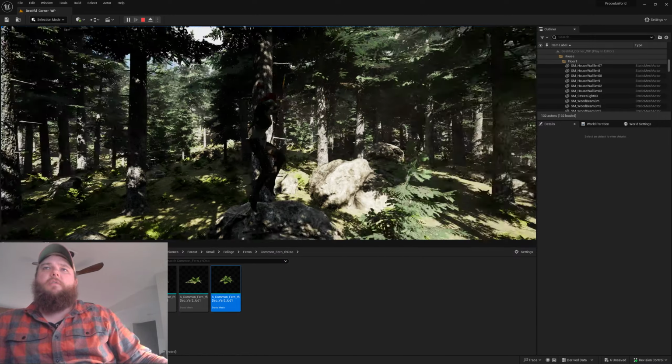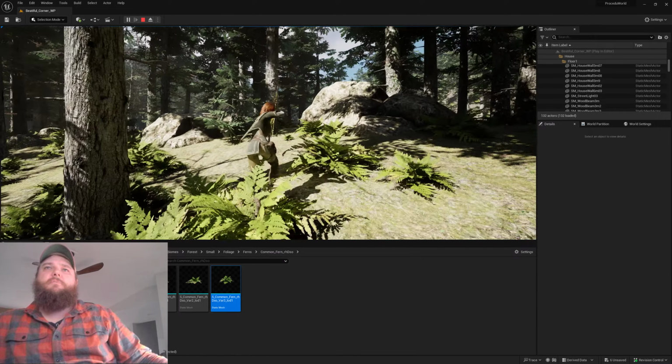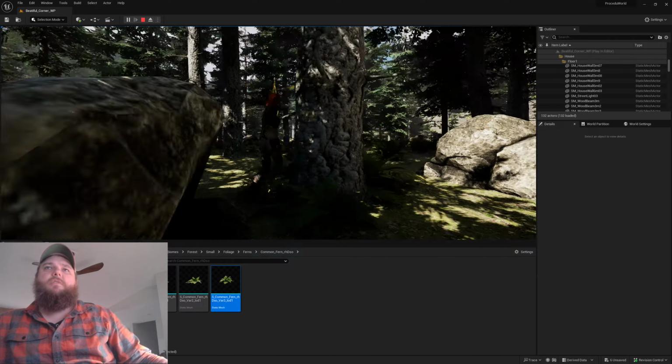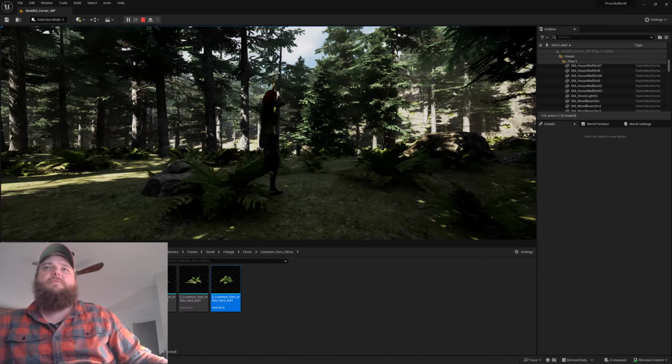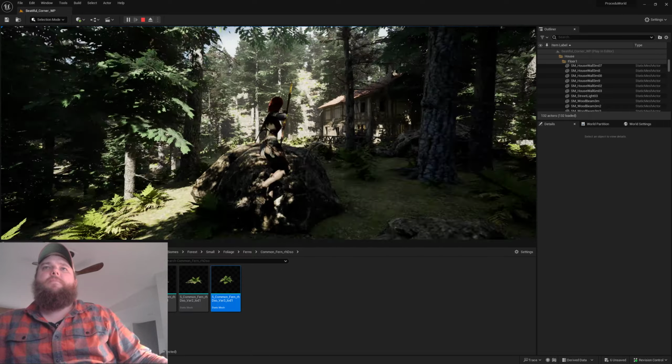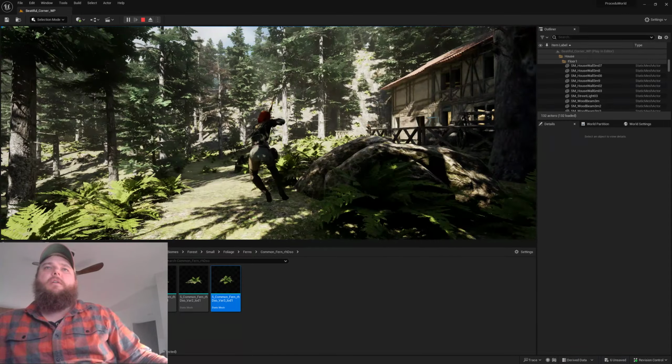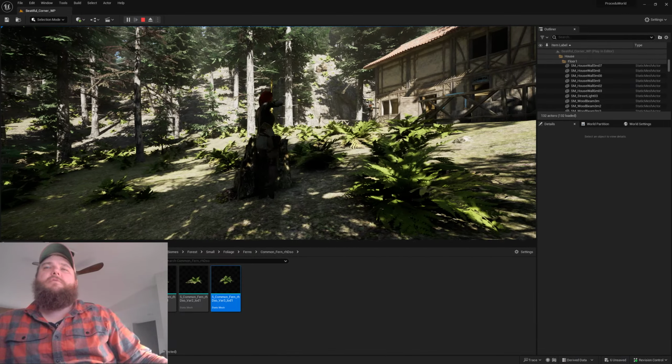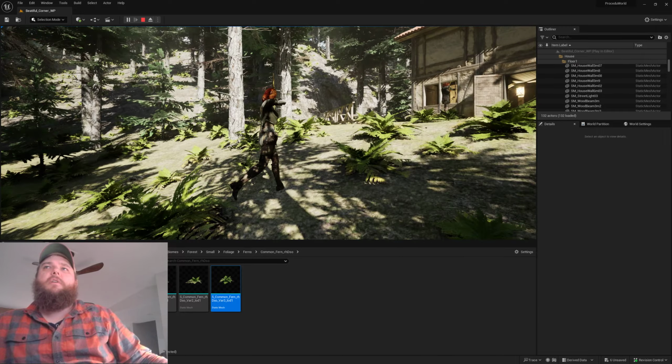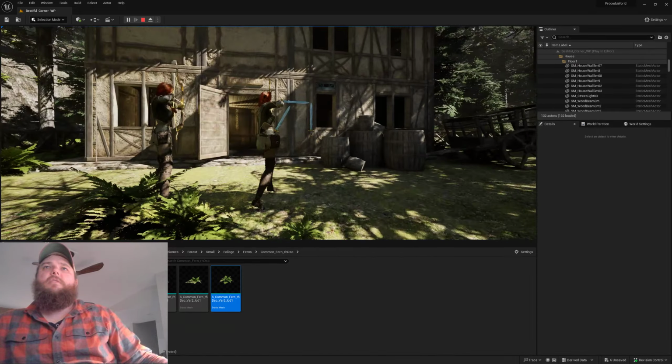I'd also want to play around with getting some of these rocks to be covered in moss on some uplands and stuff. My terrain material already does sort of height detection stuff. But anyways,